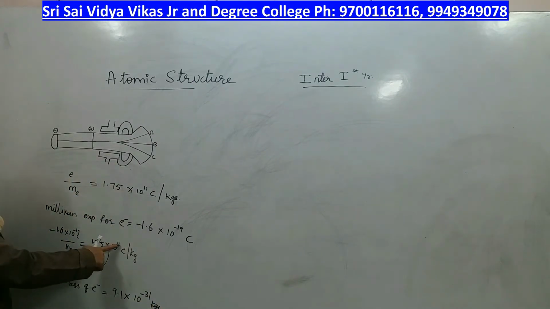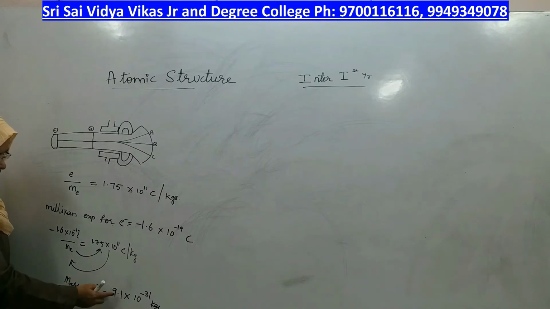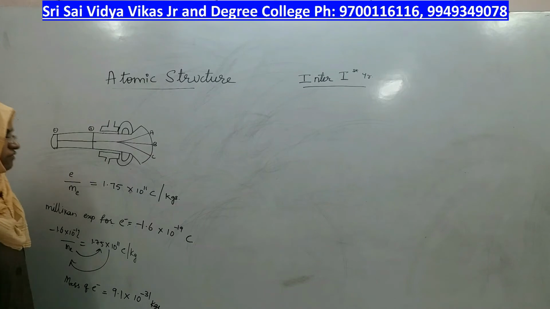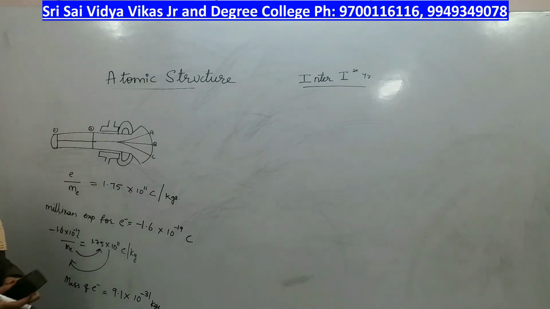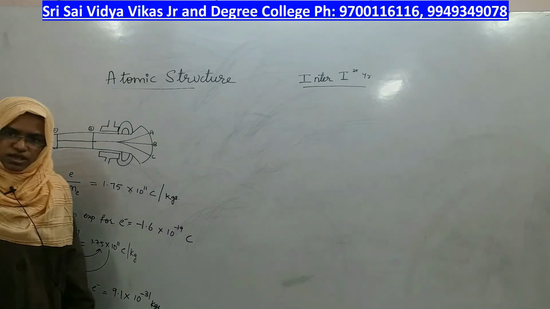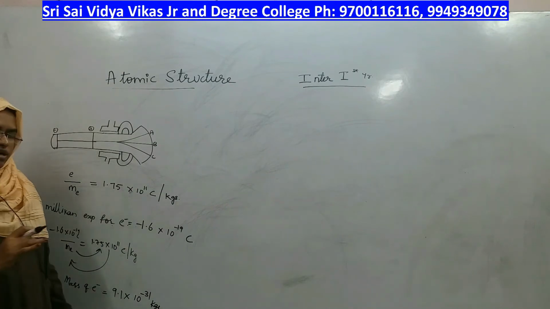10 power 11 comes here, when it goes up, minus 19 minus 11 it will be 30, and as they are not exactly the same, the difference will be 0.9. Therefore, 0.9 becomes 9.1 into 10 power minus 31. So, this is the mass of the electron value you got by the same cathode ray discharge tube by J.J. Thomson. Now, till now we have seen the discovery of the electron, its charge to mass ratio, its charge value, and by using both you got the mass of the electron.